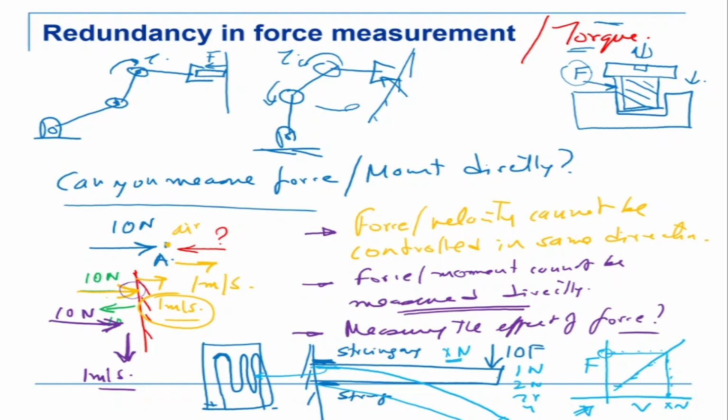Something very, very important to note. Please do think about this very carefully. We need to understand that you cannot measure force or moment directly. You can measure them indirectly. So what you're measuring is not force, but the effect of force. And what is the effect of force? It is strain. So you're basically measuring strain, and then having a calibration to go backwards, that if this is the voltage, then this is the force being applied.